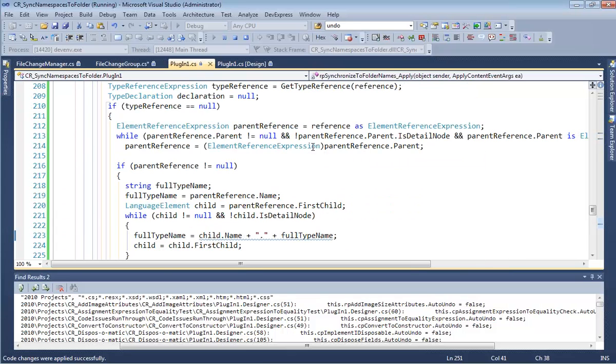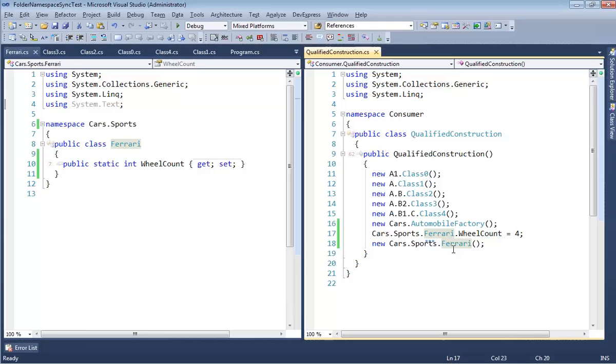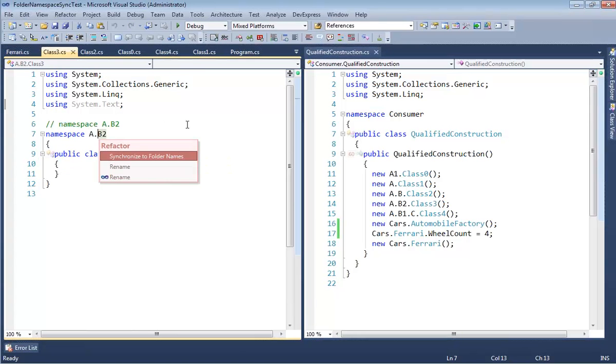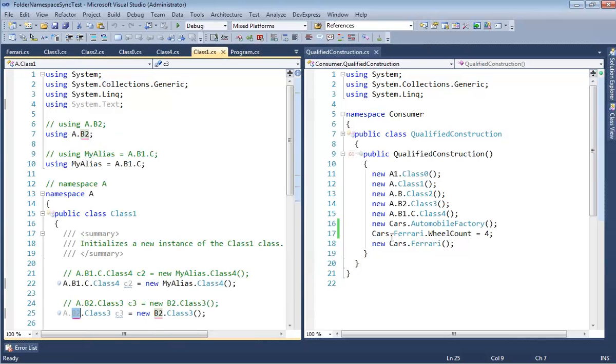So okay, that solves the undo problem right there. The synchronized namespaces. Let's go back and we'll see the other nasty problem that I haven't figured out how to solve yet. Let me undo this. So we're back to that starting point, and that is with this one. Let's first run this and make sure that it works. What? It didn't do anything that time. Why